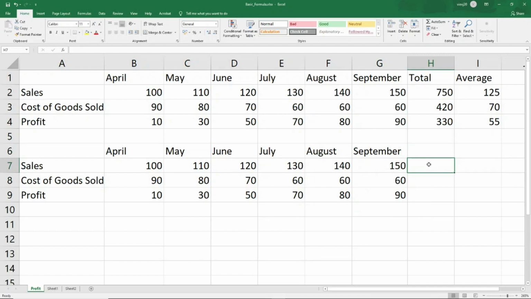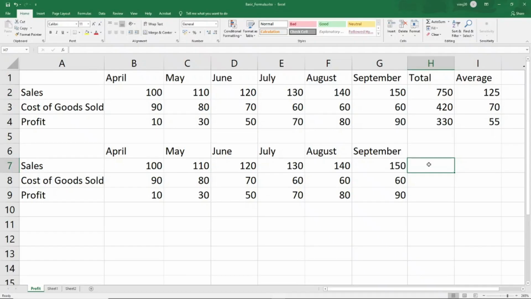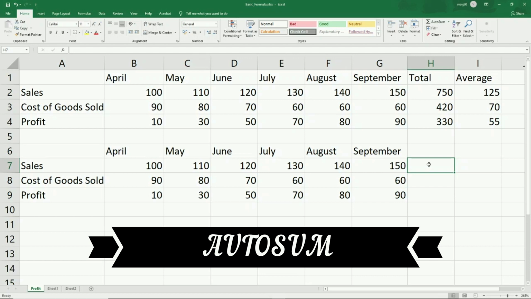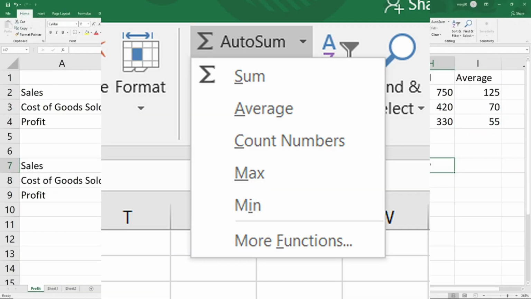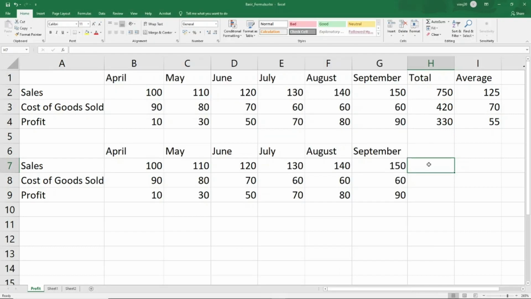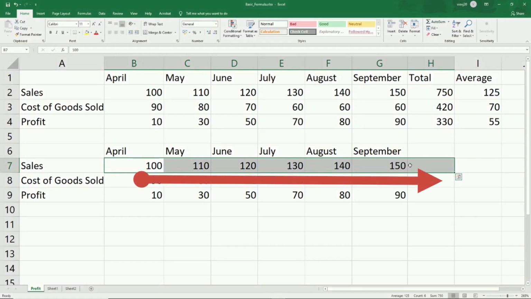Now, one more thing I would like to share in this video itself is that whatever we did, if you have data something like this, which is already arranged in a tabular format, you can also use one of the features of Excel, which is the auto feature. In auto, the auto sum, you have an option of auto sum, auto average, auto count, and so on. First I will show you visually using the mouse so that you can understand what exactly I am trying to say, and then I will tell you the keyboard shortcut for this. So I will select from cell B7 until the cell H7.